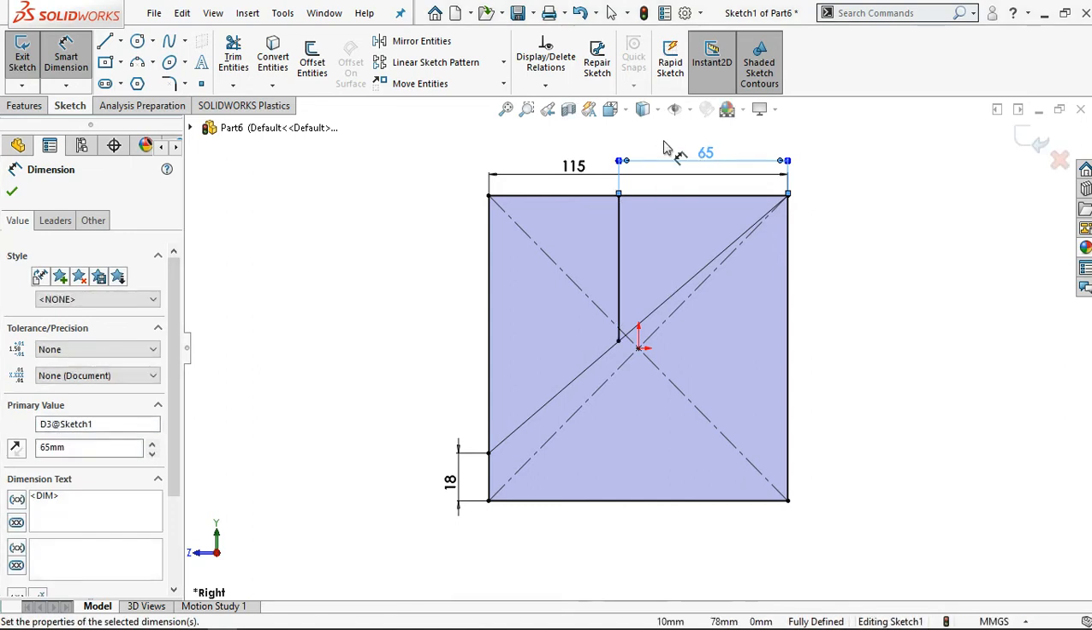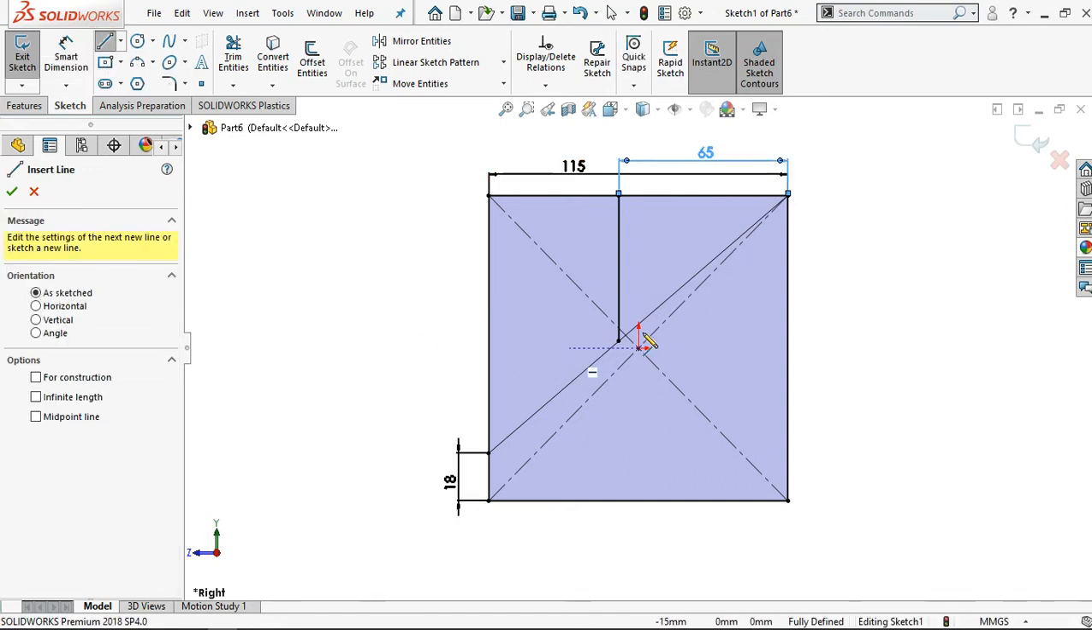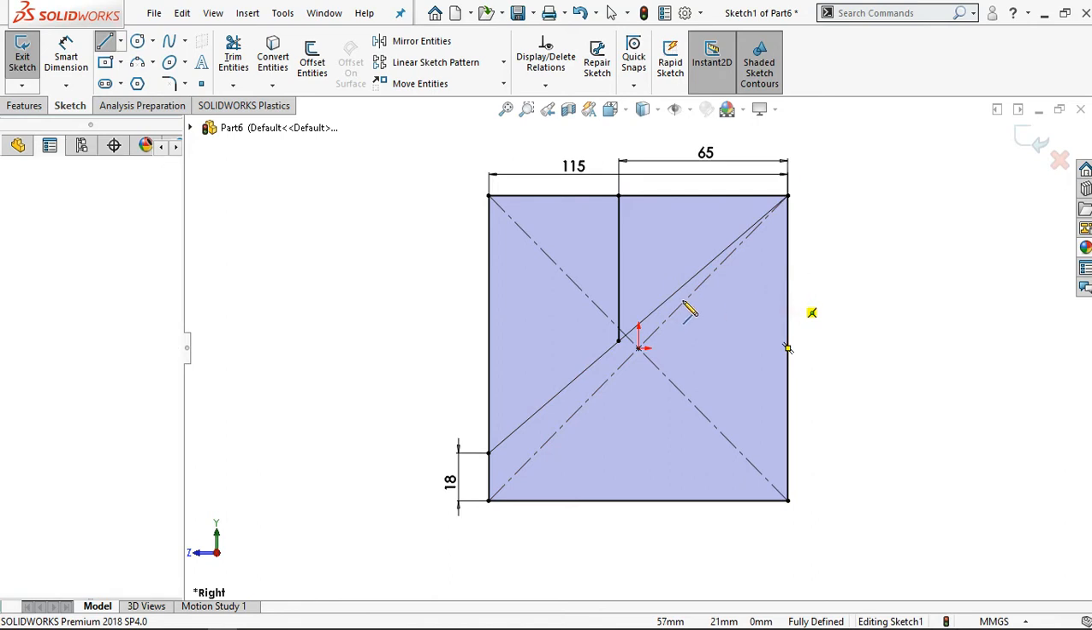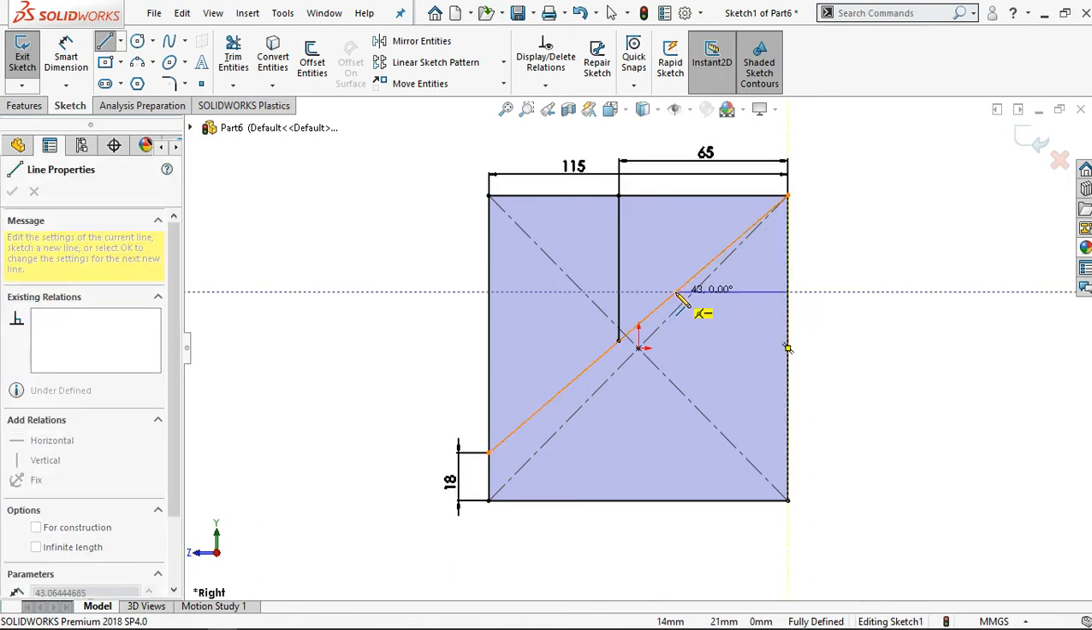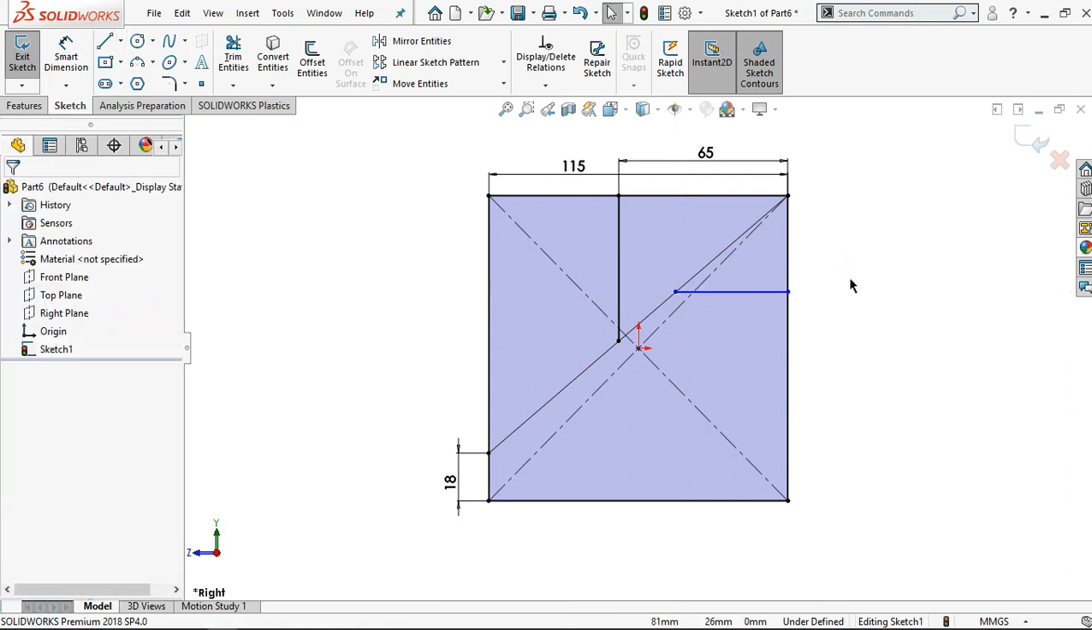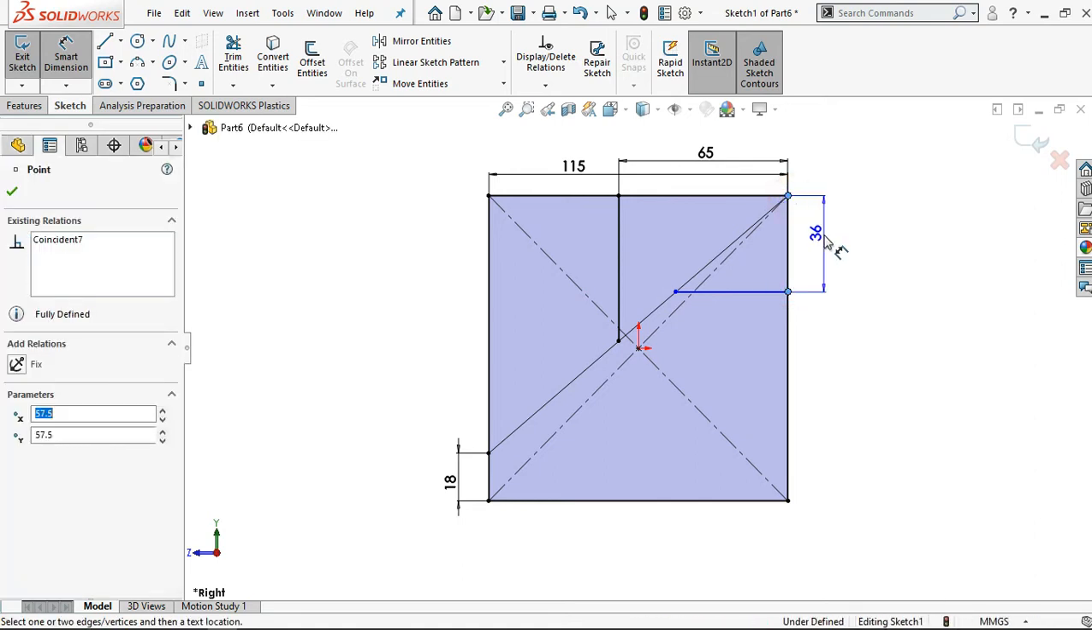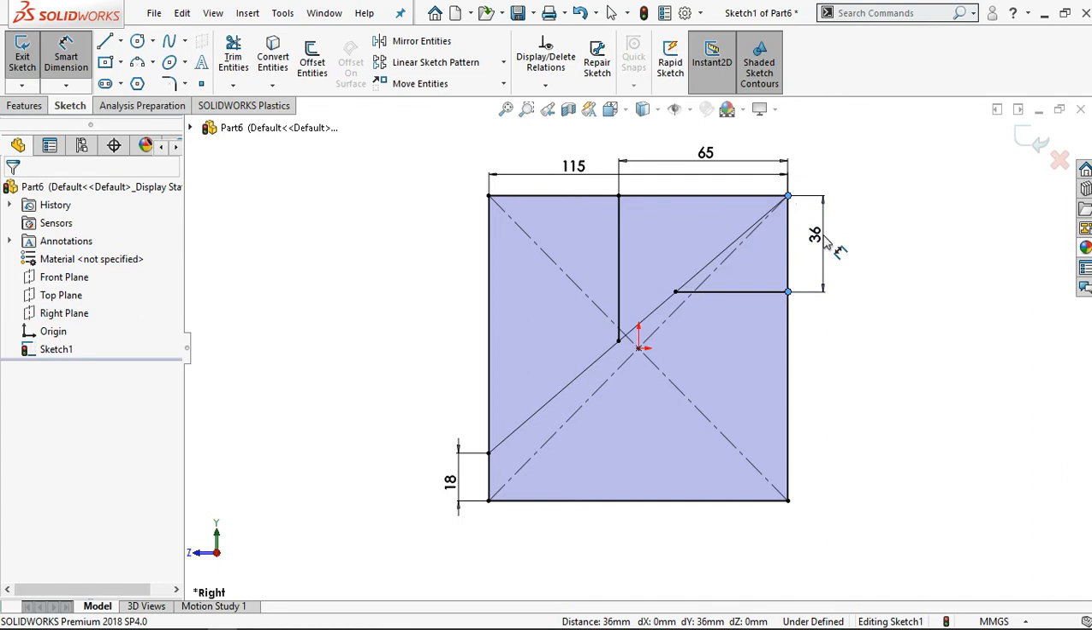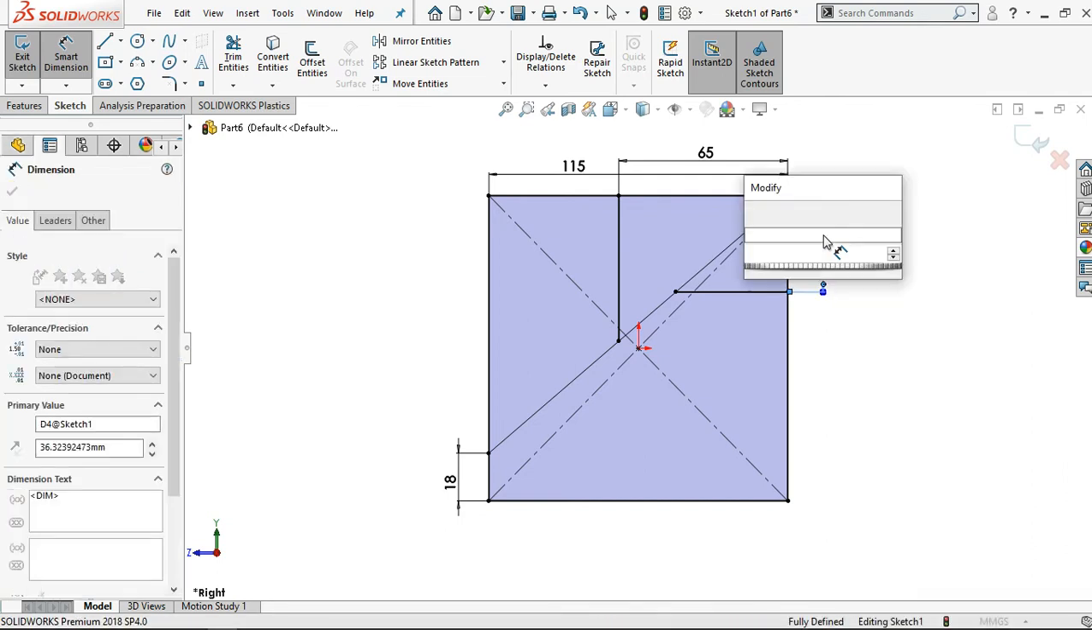Next step, click this line, and then from this point, right click and select. Let's set a smart dimension and then set the distance from this point to this point, and it is 35 mm. Okay,